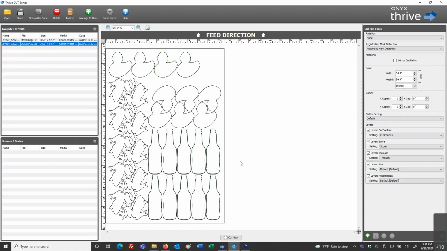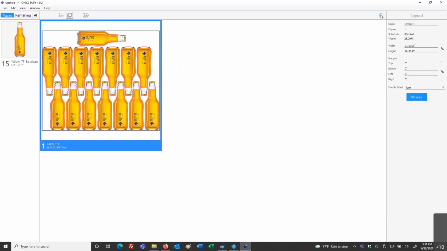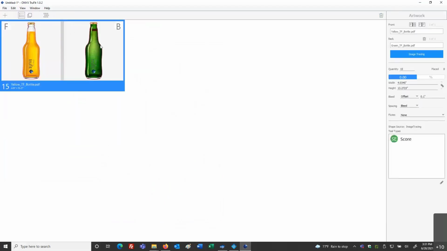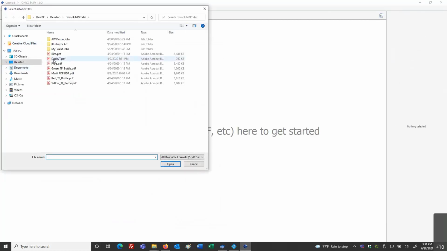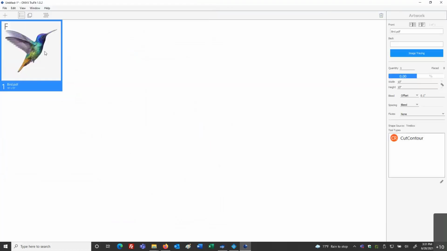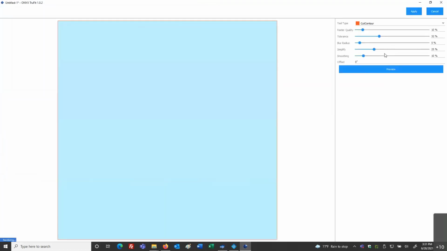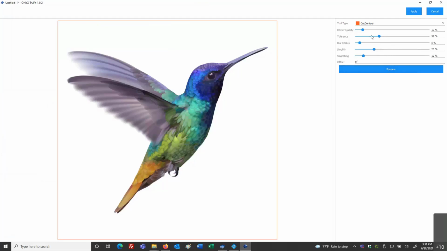Okay, so again, we can work in TrueFit. Remove that layout. I'll remove this artwork file. We can work with our one-up files and just bring information in very quickly, go to image tracing, let the software do the calculations.